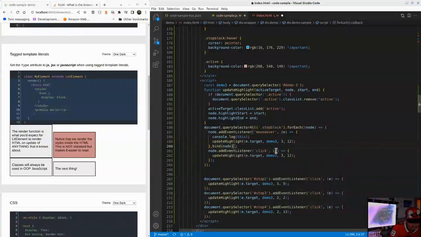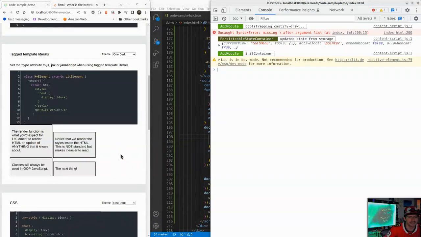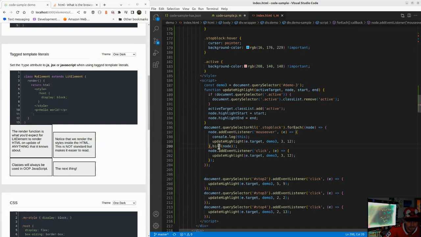It does not appear to like that. Nope, does not like that. It's telling me it doesn't like it. Yeah, syntax error. Okay. So